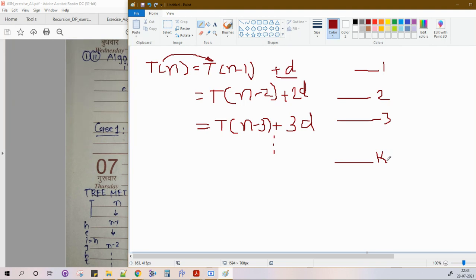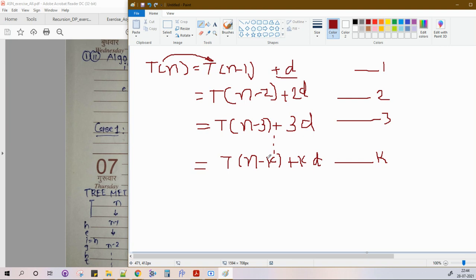In merge sort we just saw it is making log n calls, right? So we just want to find out how many calls we are making and how much work we need to do. So what will happen at the kth call? This is what we need to generalize now. At the first call it is n-1 and 1d, at the second call it is n-2 and 2d, so 2 2 2, 3 3 3, so k k k, as simple as that, plus kd. So this is the kth call, right?